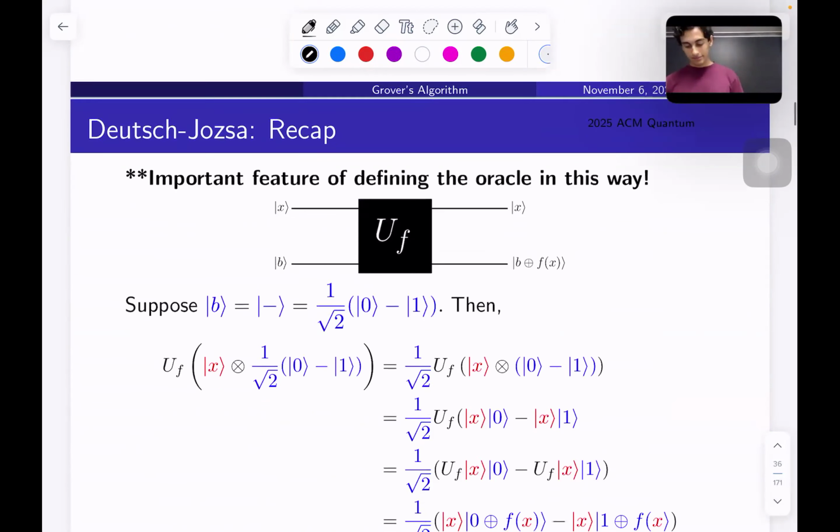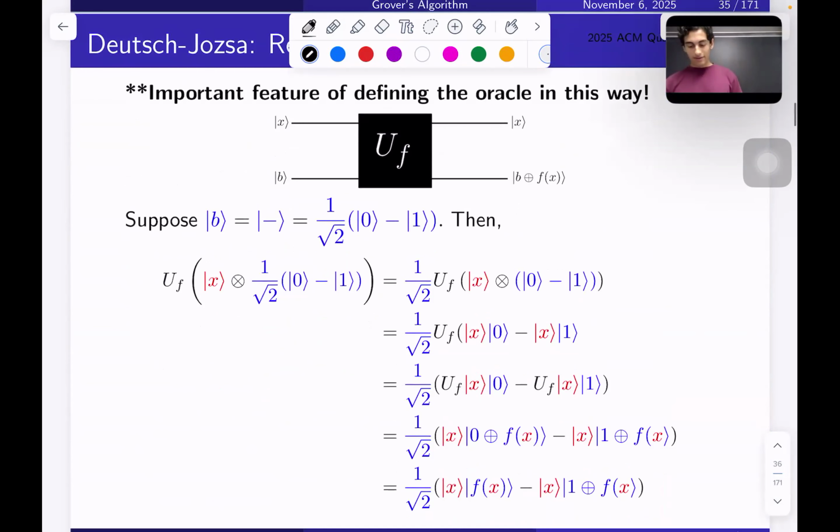And then the important part of defining the oracle this way is that we showed the phase kickback lemma, which is where if we set this second register, this B register, to be the minus state in particular, we just chose that arbitrarily. It doesn't actually come from anything in particular. It just gives this very nice property that allows us to prove the correctness of the algorithm. We said that if we input x and then this minus state, we'll get